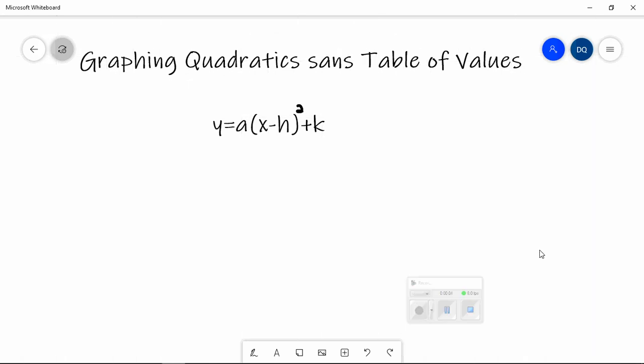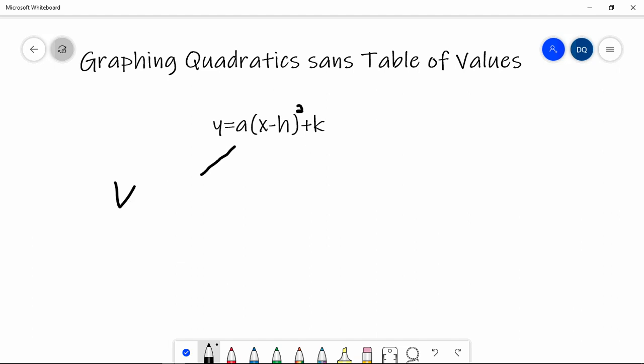To show you how to graph a quadratic without a table of values. What you're looking at here is y equals a times (x minus h) squared plus k. So these three numbers, which I have labeled as letters a, h, and k,